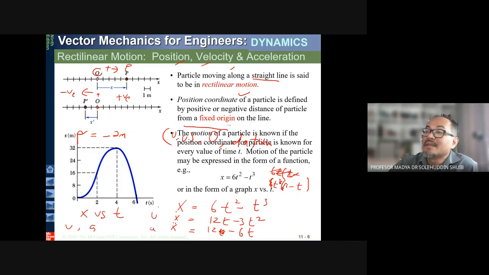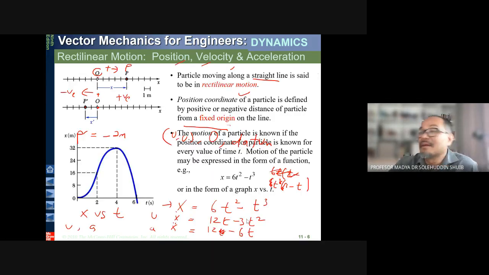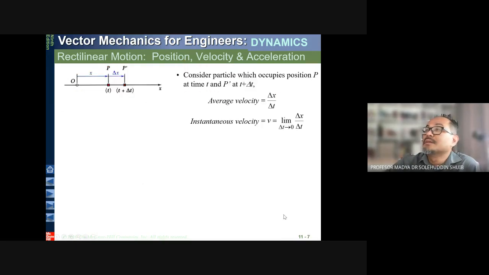This is the velocity. Okay, and this one is for position. Okay, so 6t square minus t cube, 12t minus 3t square, and then you get 12 minus 6t. Okay, so from there you can plot the graph of this one. Okay. Next slide, what I'm going to show is the concept of